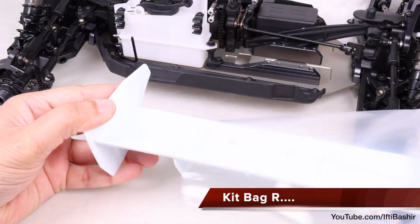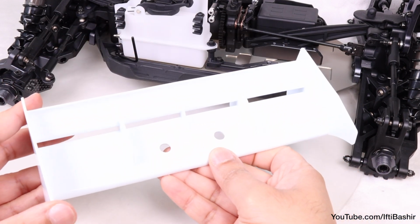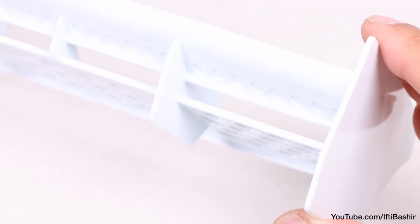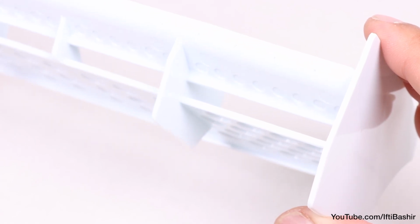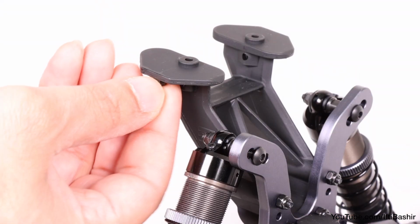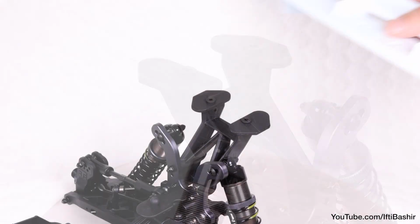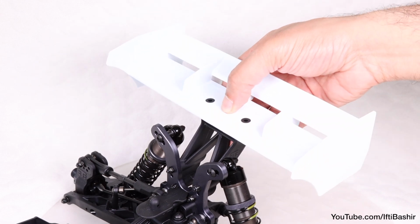So at this point we move to bag R, a very simple bag consisting primarily of the rear wing. Nothing new here, with dimples across the wing for creating holes depending upon the amount of downforce you wish to run with. Anyways, with M3 lock nuts inserted into each wing mount, place the wing down into position and secure